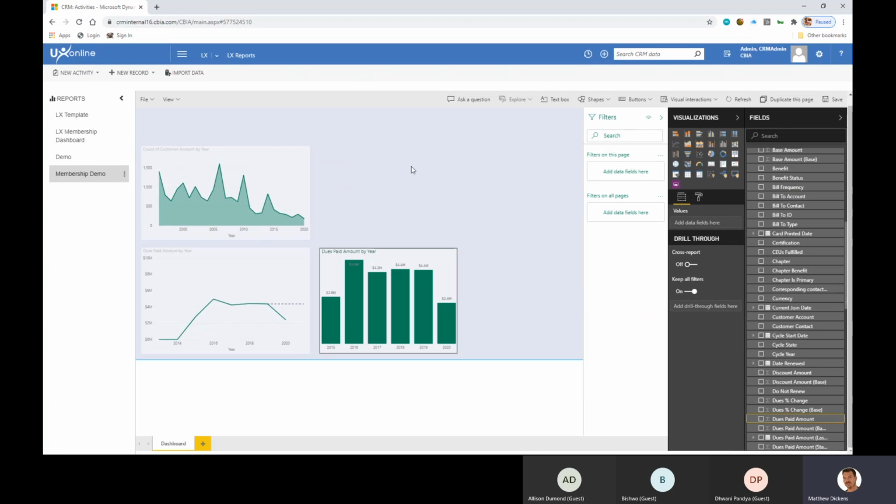Now in 365, we have an add-on feature where you can actually add a link and